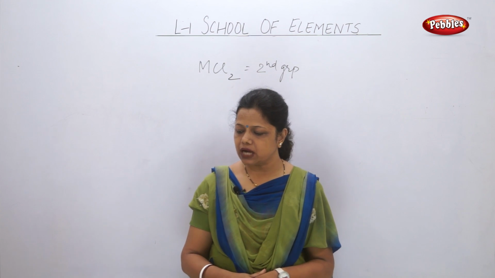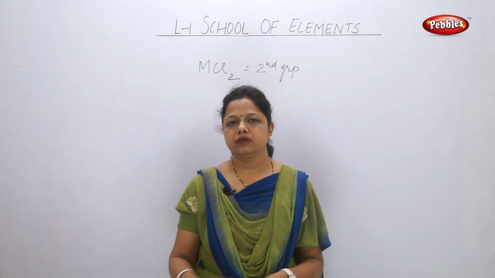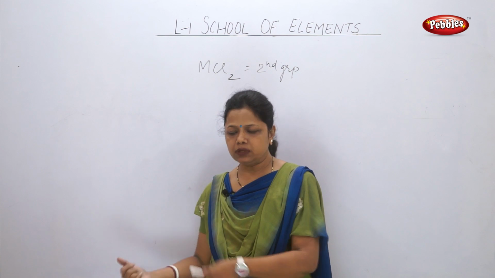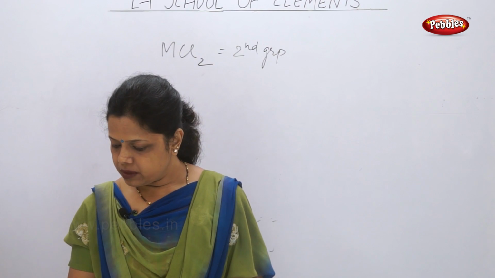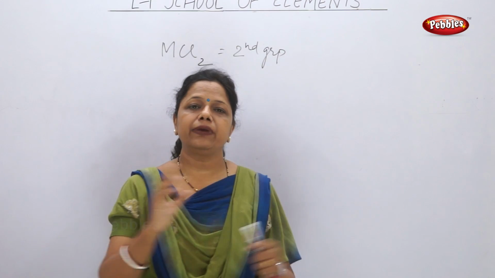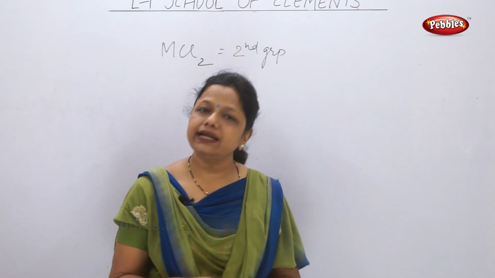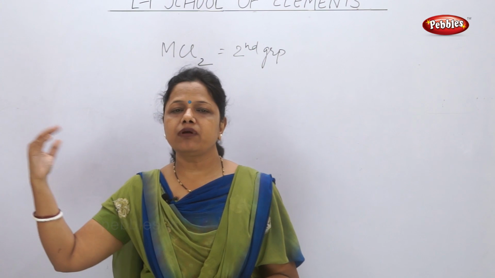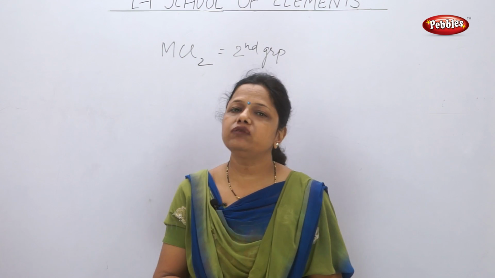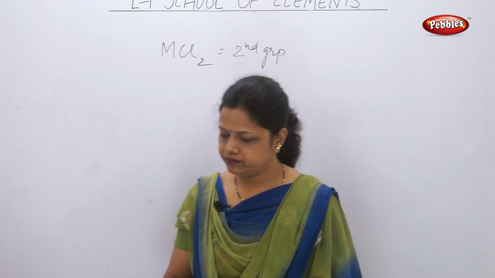Question number 2 gives scientific reasons. Atomic size increases down the group. Just now we discussed atomic size will go on increasing from top to bottom as the number of shells increases as we go one group after another down the group. Second one, metallic character decreases from left to right in a period. The metals are arranged on the left side of the periodic table and non-metals are arranged on the right side. So as you go from the left side, you start with the metals and go towards the non-metals. This is how we see the gradation. Metallic character will decrease and non-metallic character will increase.